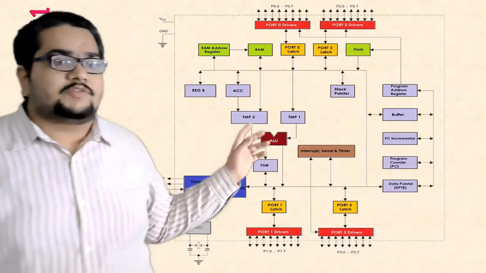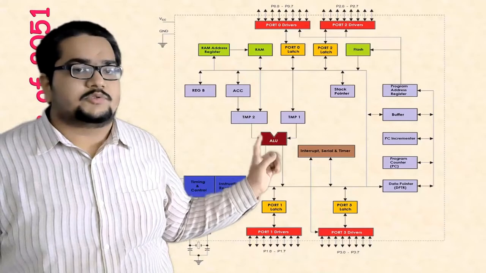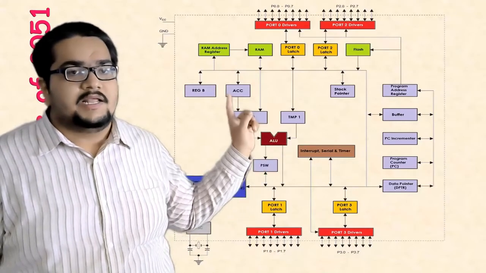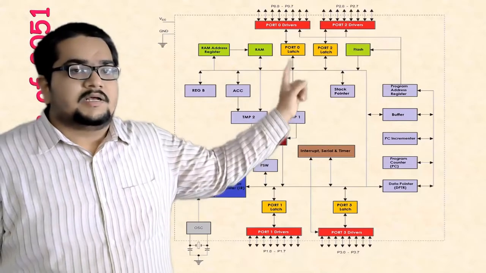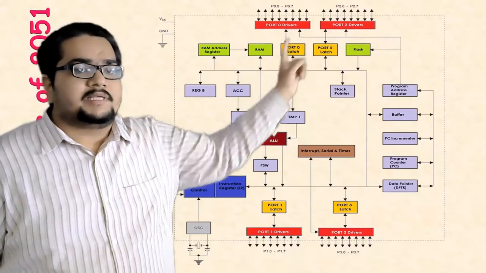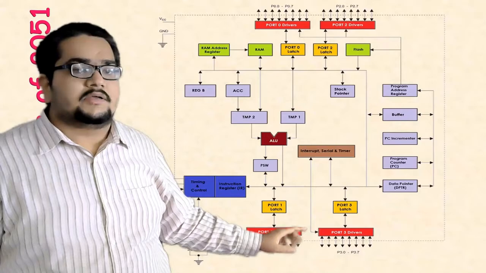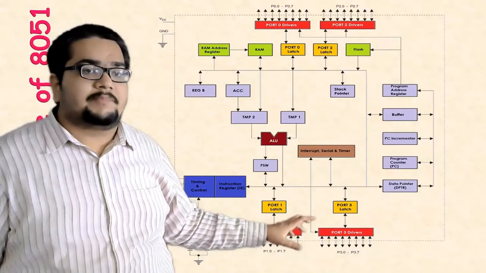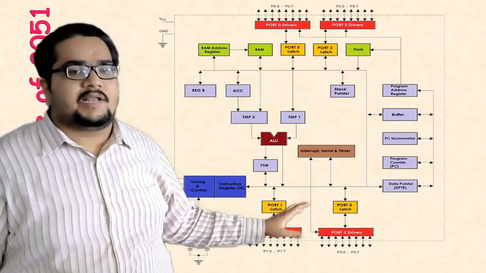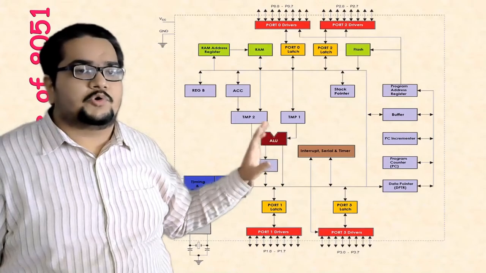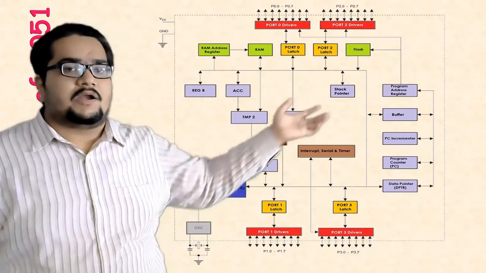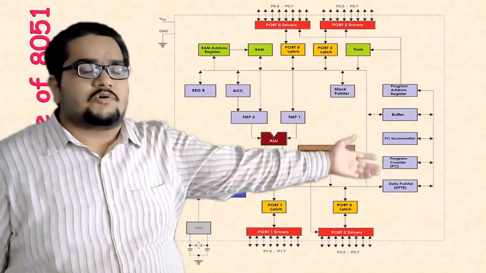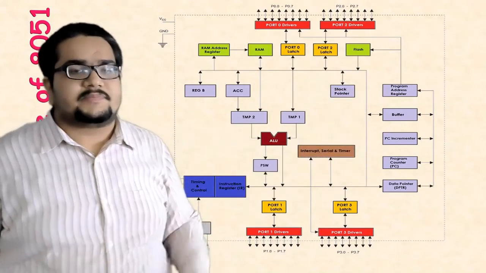This is another view of the same architecture. Here also the ALU is there, temporary registers are there, accumulator is there, register B is there, and the RAM address register. Two of the ports are here, and another two ports are here. They are arranged in the format in which they appear in the pin diagram also. In the pin diagram, you will find that port 0 and port 2 will be on one side, and opposite to it, port 1 and port 3 will be there. And all the other registers we have just talked about are also available on this side.